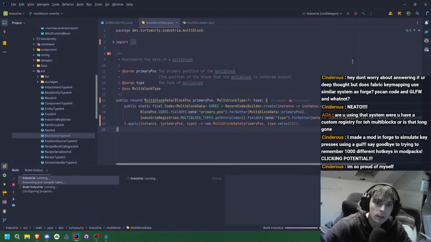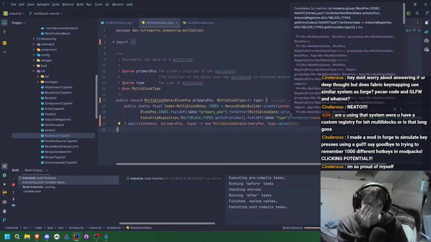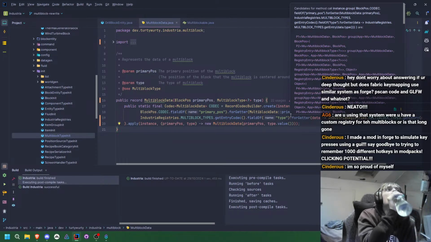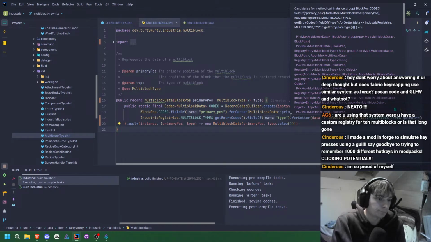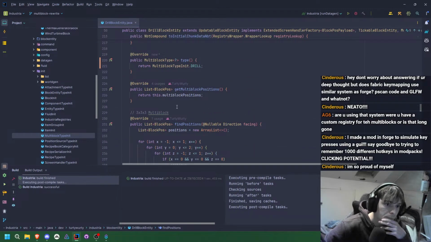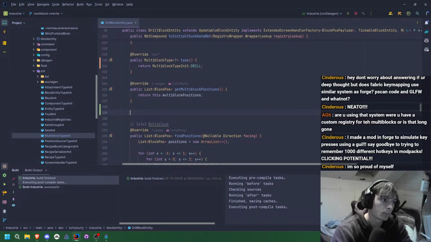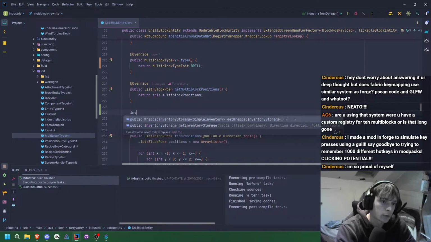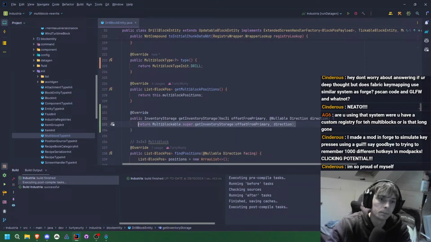Let's try build that and see if that can build or not. It built, so that's good. That's a good start. So what I'm going to do now is in the drill, we're going to try this with the drill first. Let's go ahead and override the inventory one. So this one, here we go. And I'm going to say